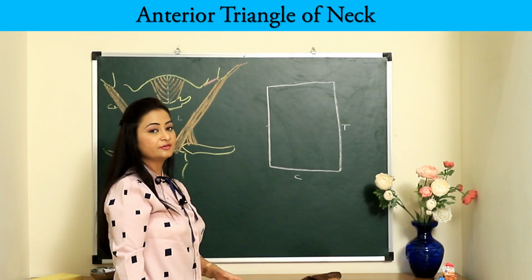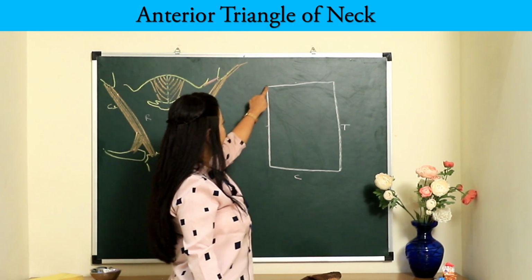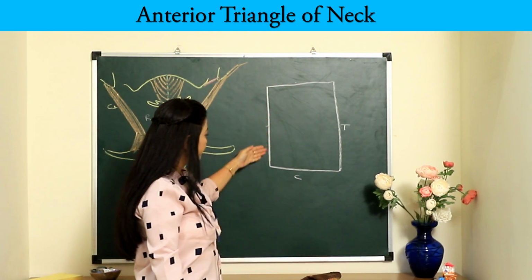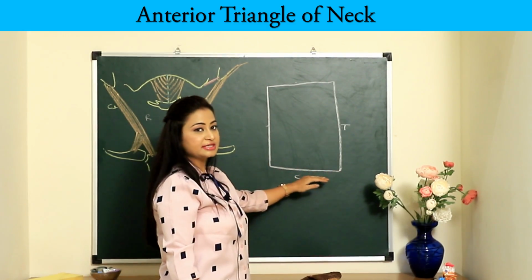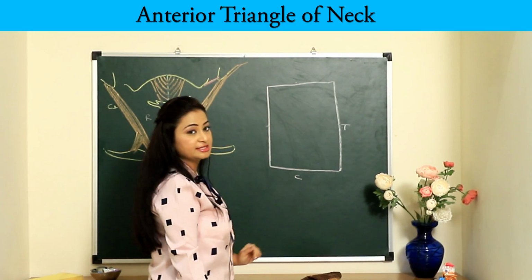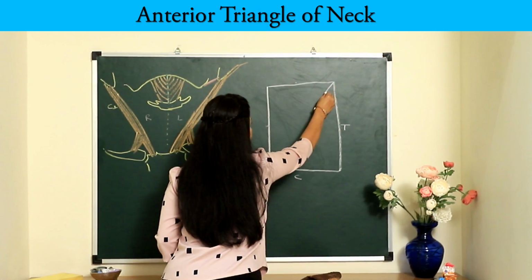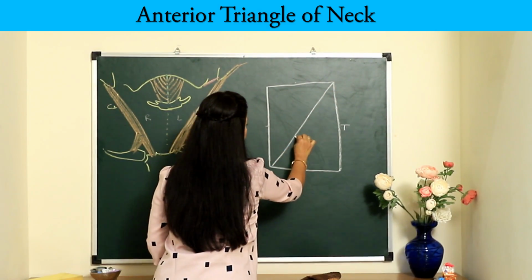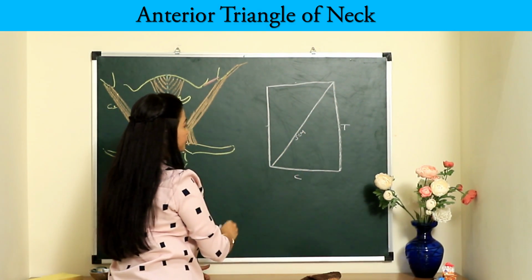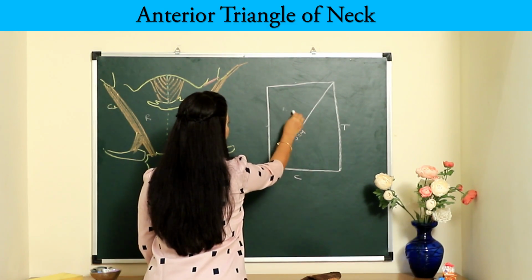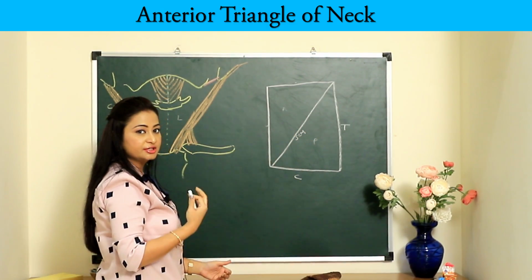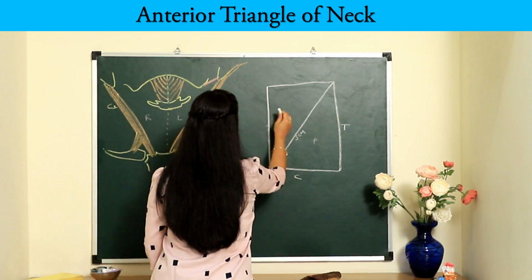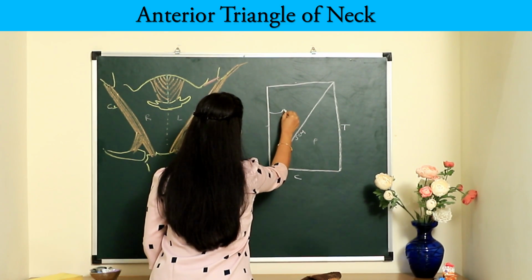So this quadrilateral represents the side of the neck, where this is the base of the mandible, this is the anterior median line, this line represents the clavicle, and this is the trapezius muscle. Okay. Now this diagonal represents the sternocleidomastoid muscle, which divides this whole area into the anterior and the posterior triangles, right? Then we have the hyoid bone over here,